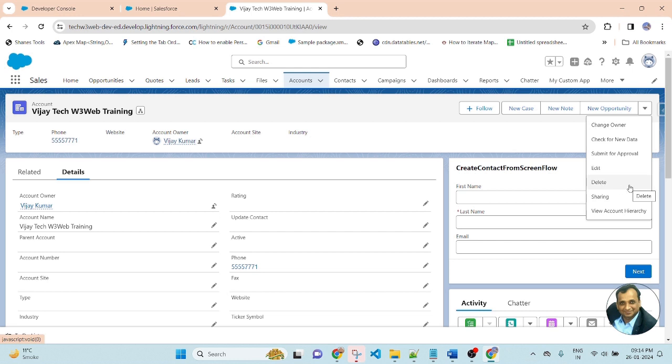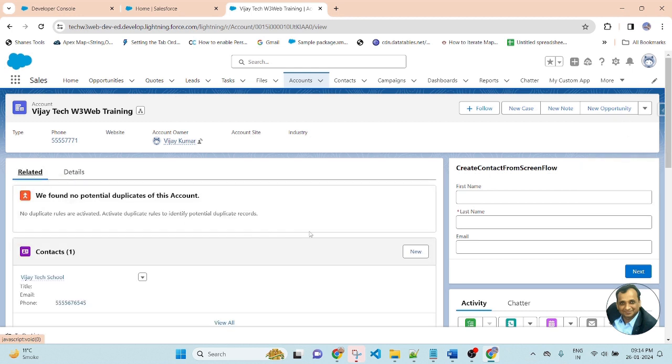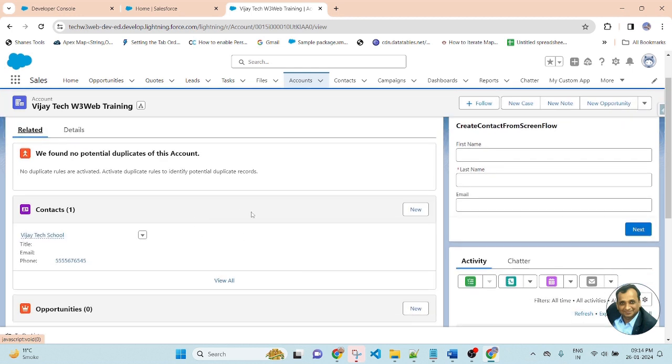So before deleting the account record, go to the related tab and check the related list of contacts. Here you can see there is one contact associated with this account. So in this case, we do not allow deleting the account because this account has one related contact.